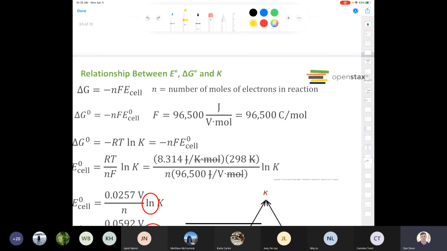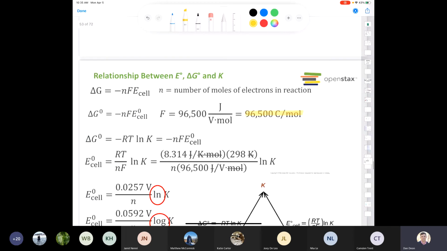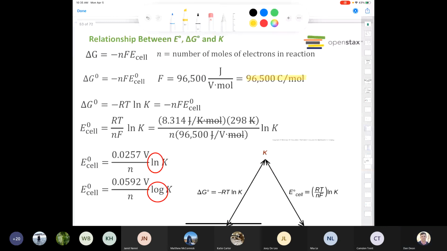Since a joule per volt is equal to a coulomb, you can also write it as 96,500 coulombs per volt. Either one is fine. Well, what if we're in standard conditions, right? This equation represents non-standard conditions, but what if we're in standard conditions? At standard conditions, the standard free energy change is going to be equal to negative N times F times the standard